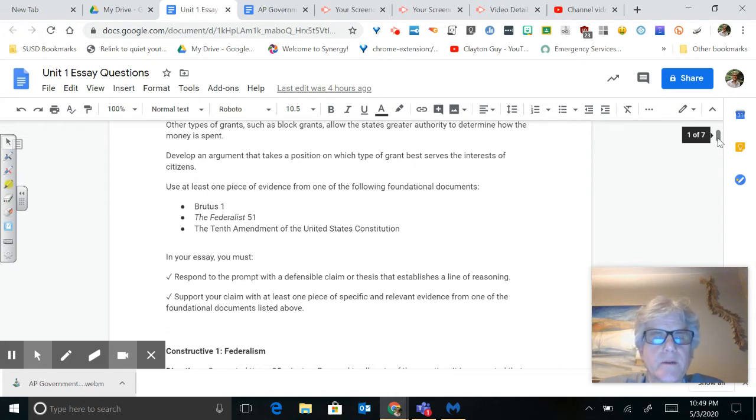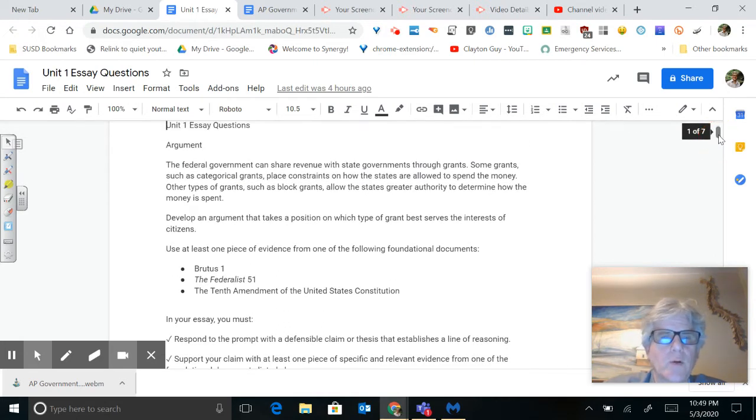So you need to look at this and ask what is a block grant and what is a categorical grant. So a categorical grant, there are 4 different types, but this is where the federal government puts strings on the states. So you can have grants-in-aid, you can have program grants, you can have formula grants, and you can have project grants. And some examples of a categorical grant is the land grant schools, where the Morrill Act of 1862 created land grant colleges, and they basically gave land and they gave money to states to have